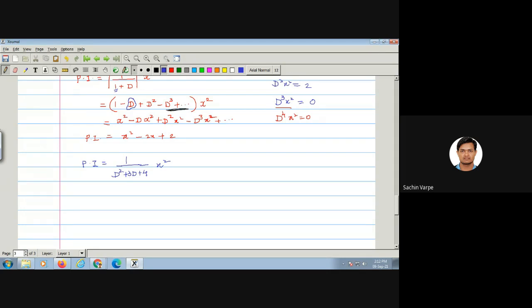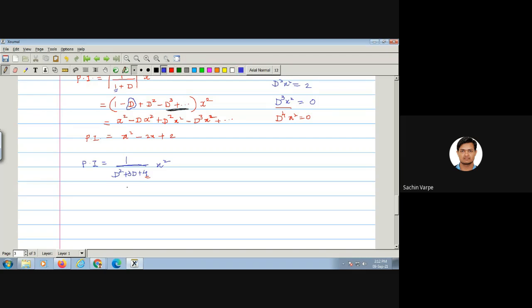Again, for that there is no standard method. Either we can have the factored form of that phi of D, and by partial fractions we can separate those two factors, and then onto each operator we can multiply this function inside. Clear? Or the second method is we can take this constant term common to get 1.